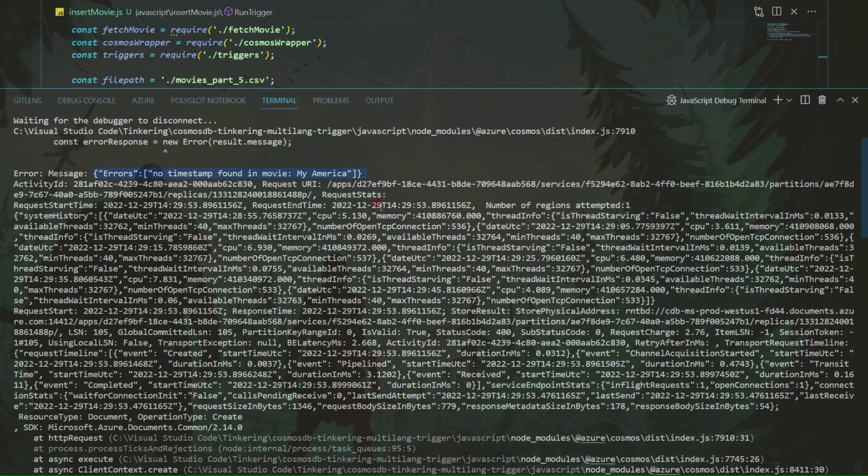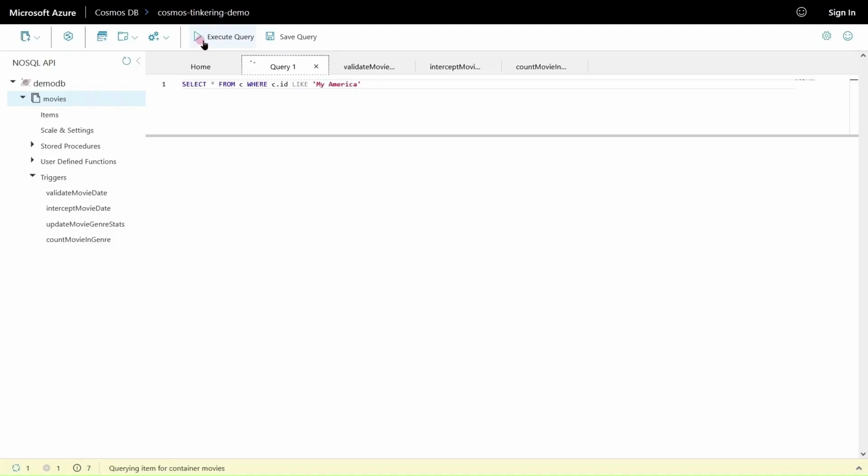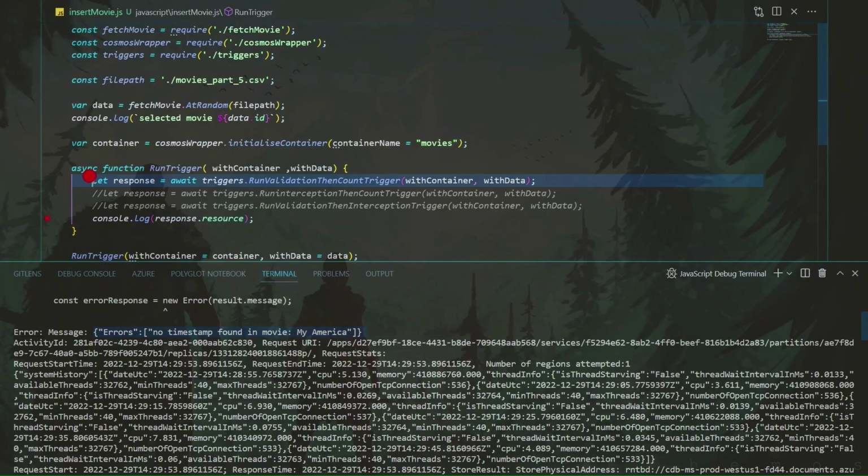So now I'm going to check in CosmosDB as per the other ones to see if it was inserted. In running the query, we would see that no movie was inserted for this. So I'm going to jump back to Visual Studio Code and try the other triggers. What I'll do is I'll comment out this line over here